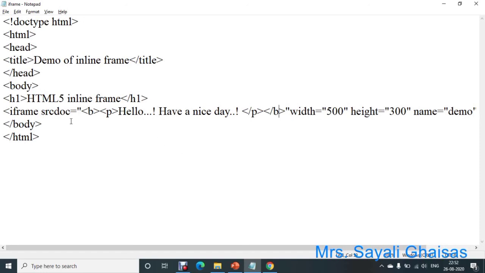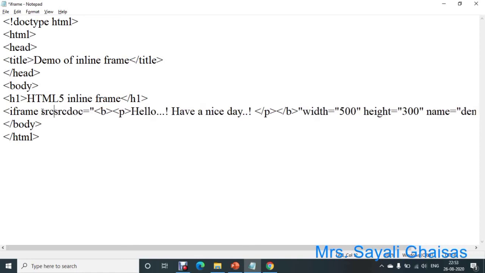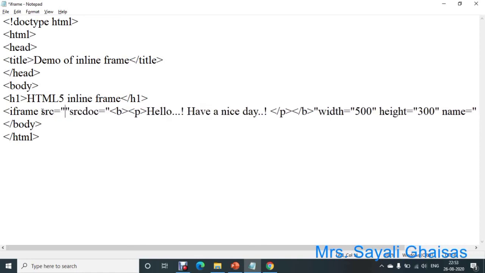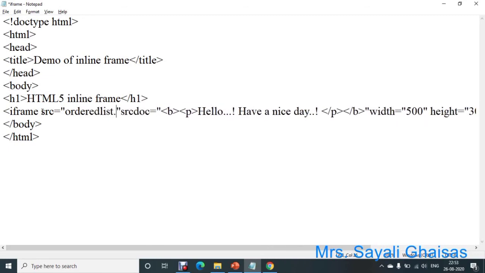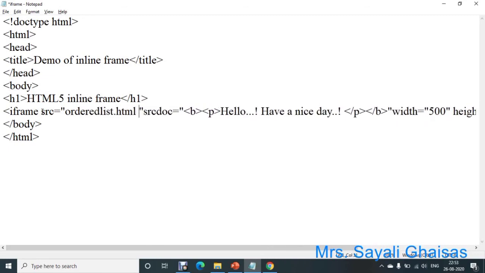If you have specified srcdoc as well as the src attribute, see here src is equal to, suppose, ordered list.html. Here we have used the src attribute as well as the srcdoc attribute. In that case, the content specified within the srcdoc attribute will get displayed only.